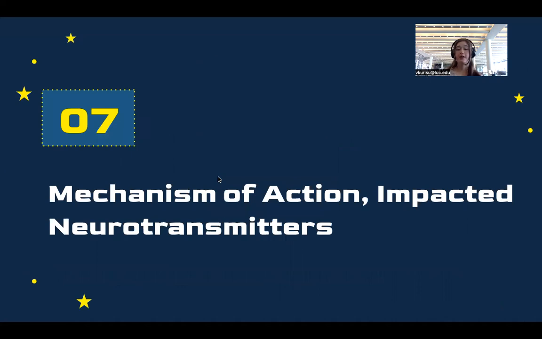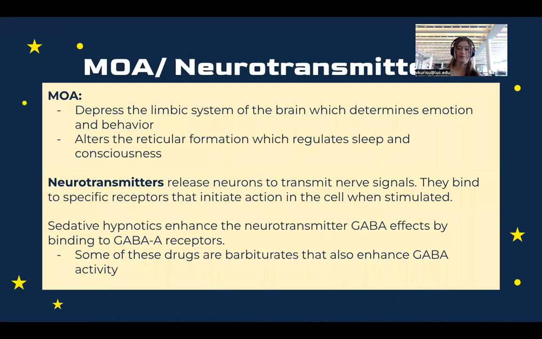Then next, I'll cover mechanism of action and the impacted neurotransmitters. For the mechanism of action, this drug suppresses the limbic system of the brain, which determines emotion and behavior. It can also alter the reticular formation, which regulates sleep and consciousness. The neurotransmitters that are affected are mainly GABA, and neurotransmitters act by releasing